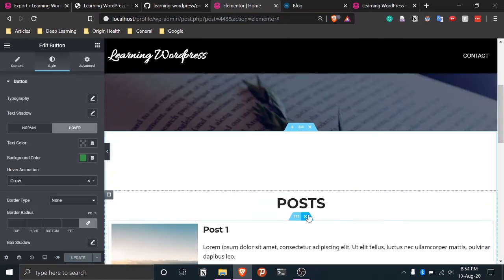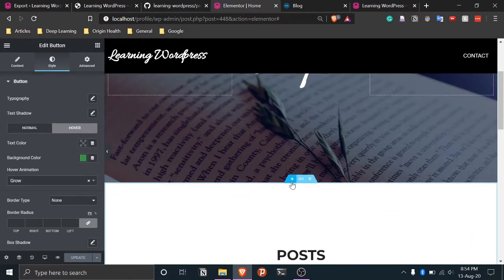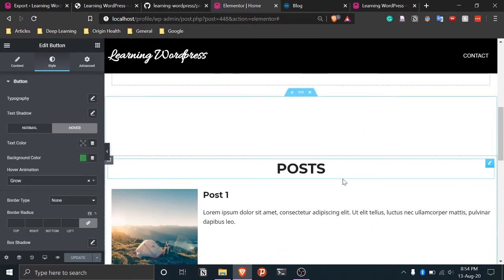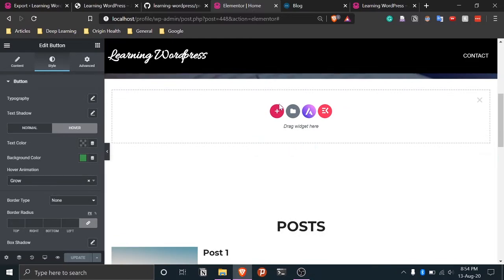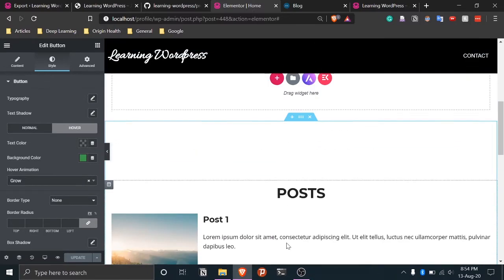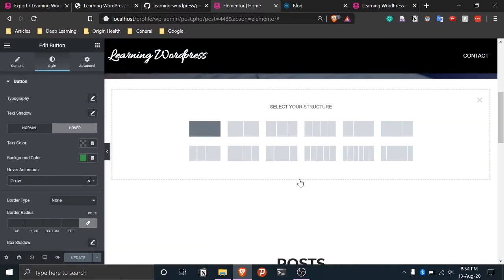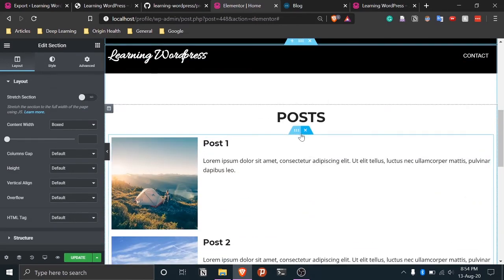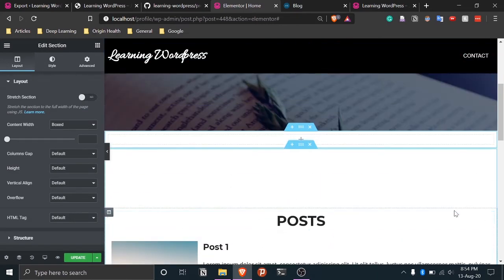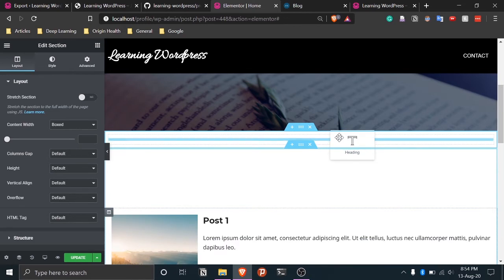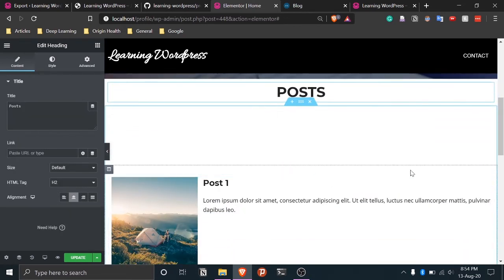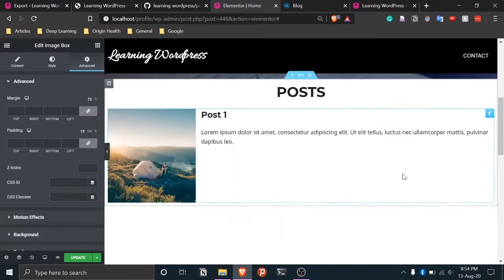Okay, so this is actually the padding that was placed. So I suggest it's better if you make your own section to get rid of that. So what we'll do, we'll create a section here, and we'll choose the single type, and here we'll put each thing one by one. So we'll place this here, the heading, then we'll take this and we'll put it here.